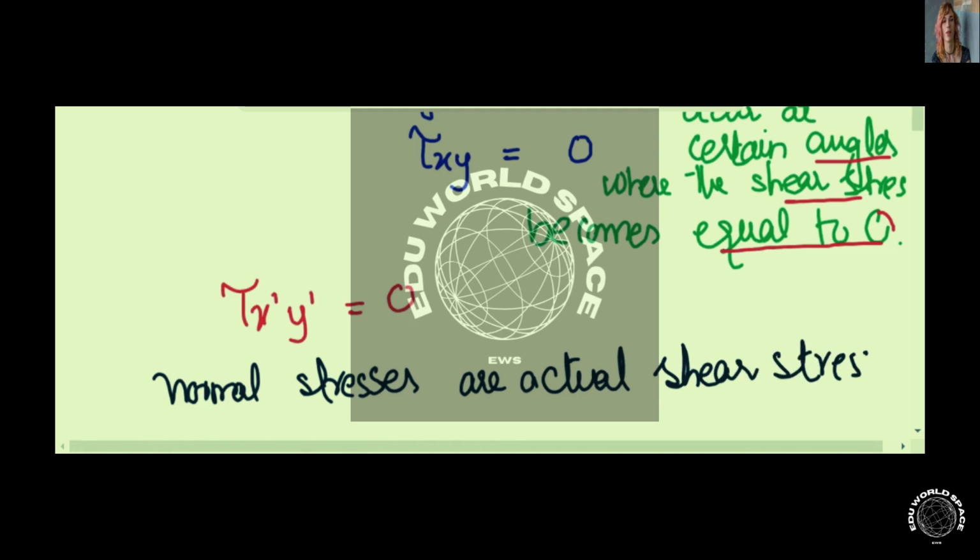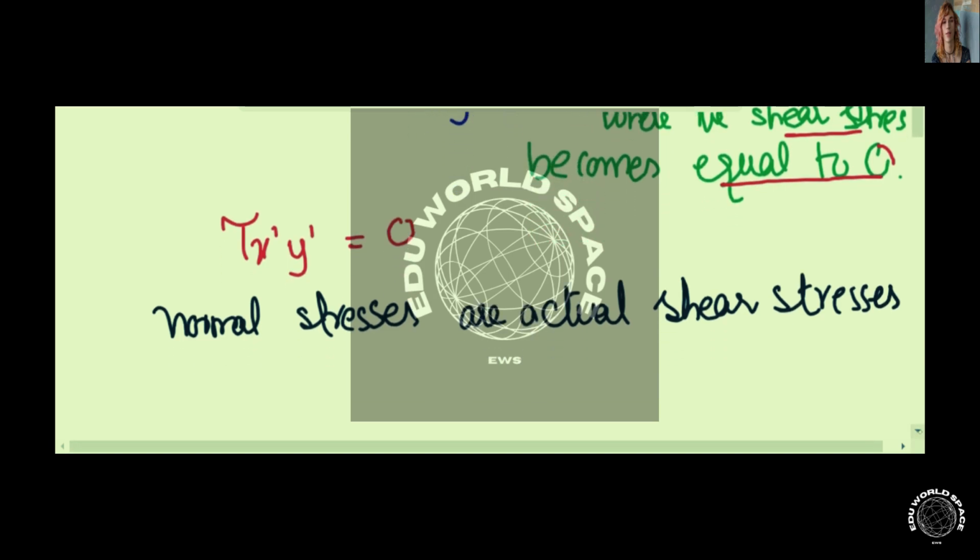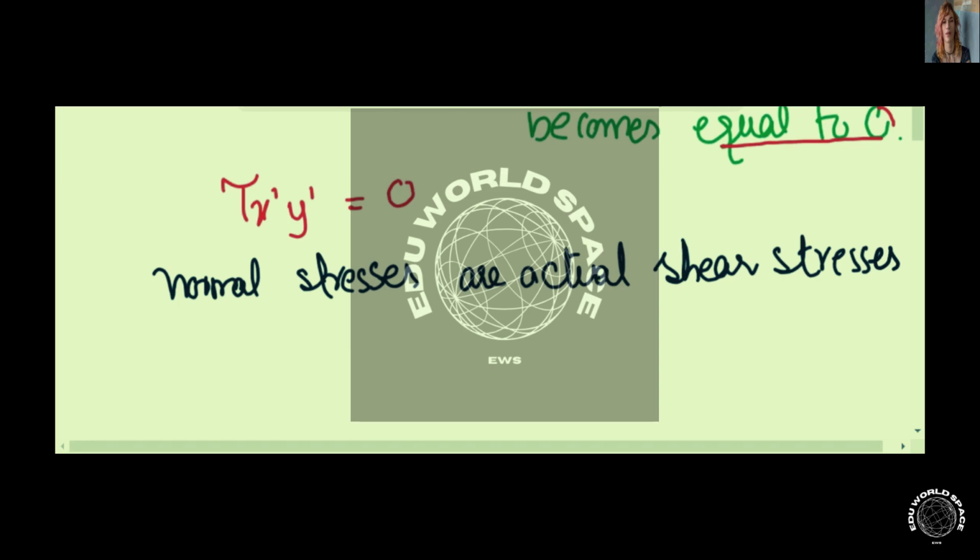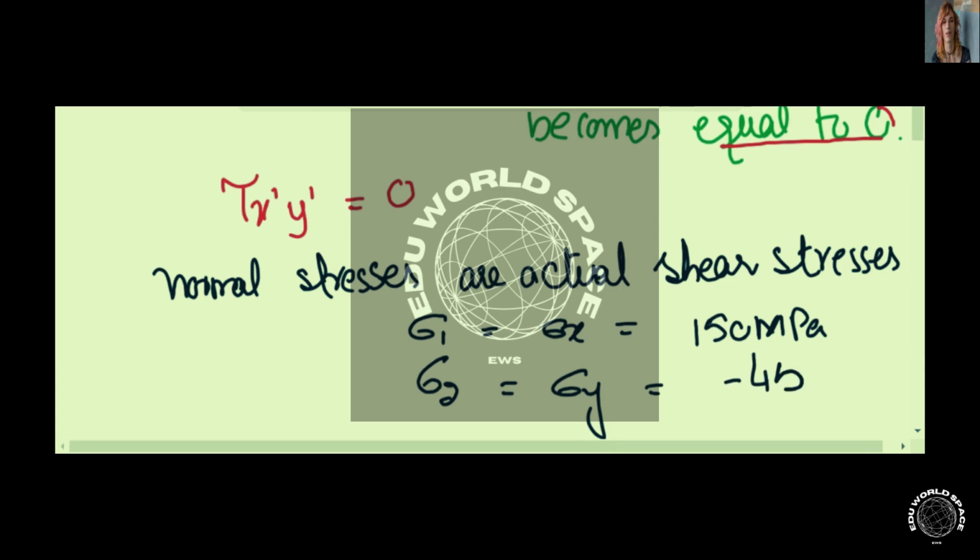So it would mean this. Now, if that is the case, it means that the sigma sub 1 stress would be equal to sigma sub x, and that would be equal to 150 megapascals, and sigma sub 2 would be equal to sigma sub y, that would be equal to negative 450 megapascals,